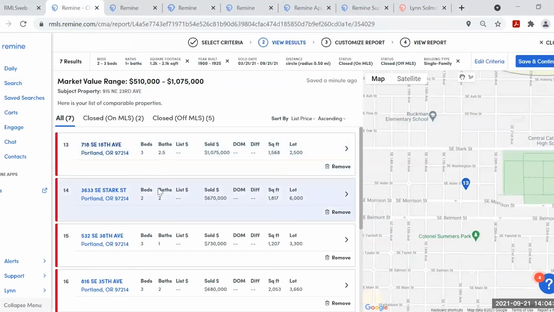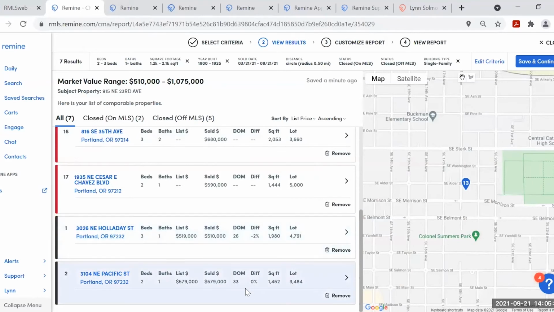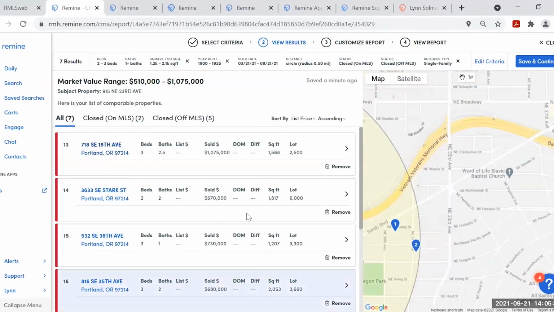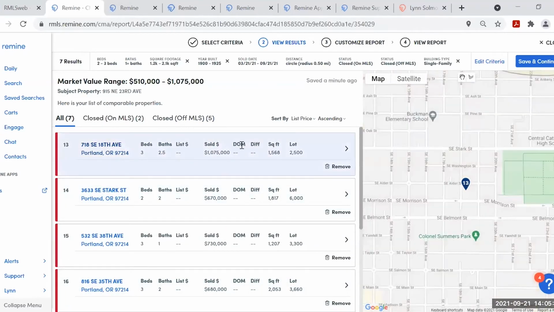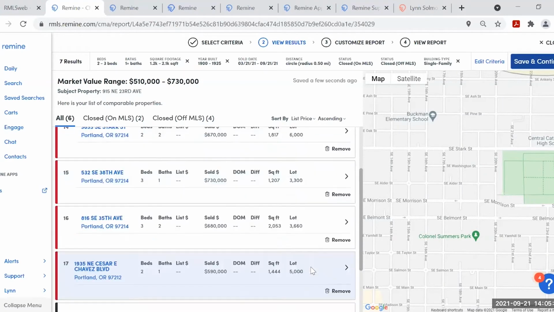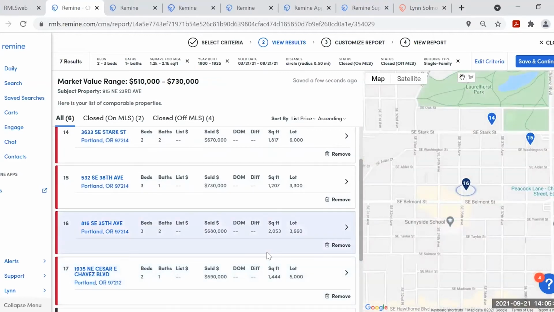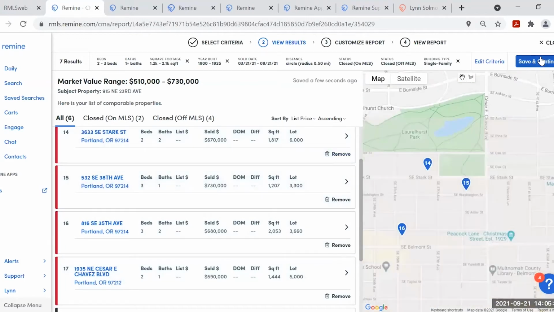You can take a look individually at these properties and get a little more information if you need it. Okay, and I'm pretty sure when I'm comparing that sold price to all the others that I have on my list, there's something about that one that made it so much more. So I'm going to remove that one because all these others are kind of in the same general ballpark. Okay, and again, if this was a real CMA, I would spend more time looking at them individually. But for today, we're just going to take the ones that we have and click on Save and Continue.